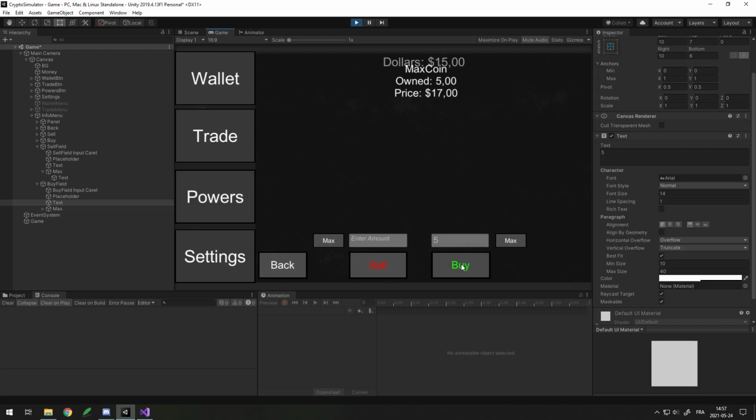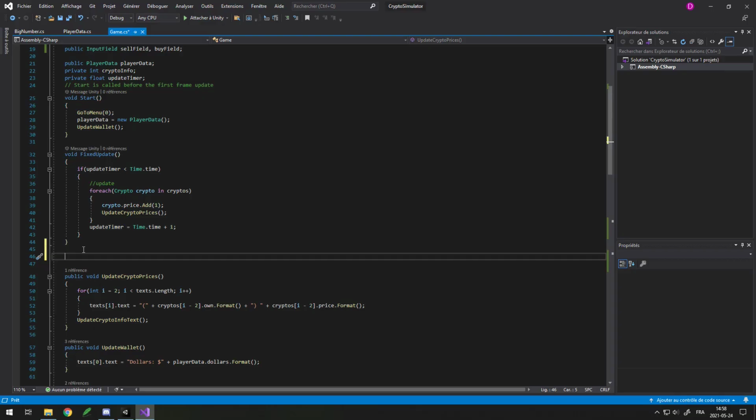If I try to buy 5, it works. If I try to sell 5, it works. Now let's do the buy and sell max, which is going to get the max value you can buy or sell. So I'll do a